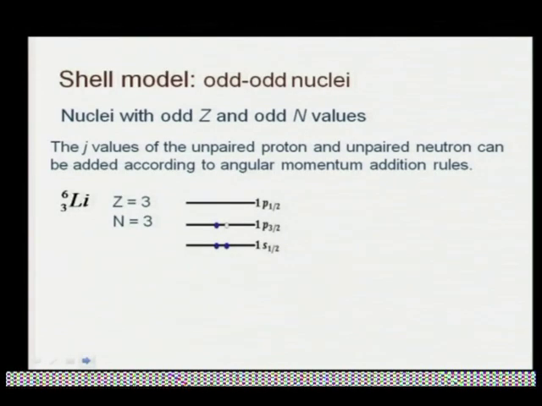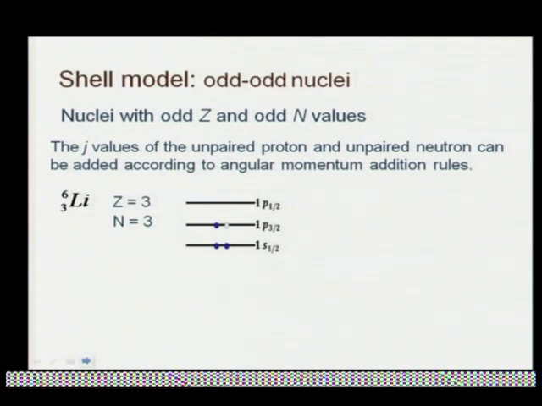So, consider the total J value of both of these and then consider that as the total angular momentum of the nucleus. Say for example, in the case of lithium 6, you have 3 protons and 3 neutrons, and both protons and neutrons are in the same